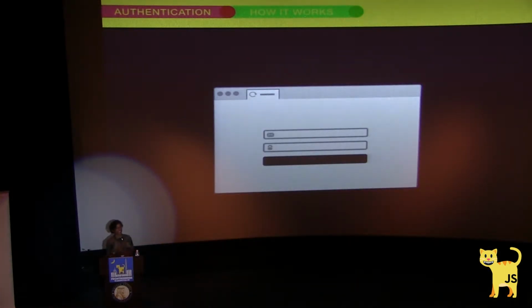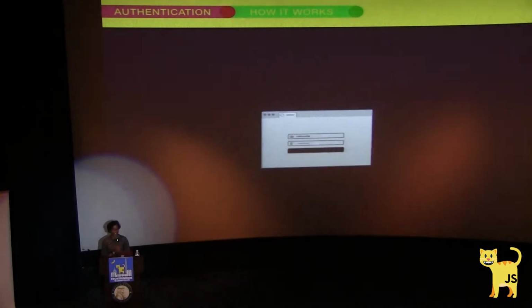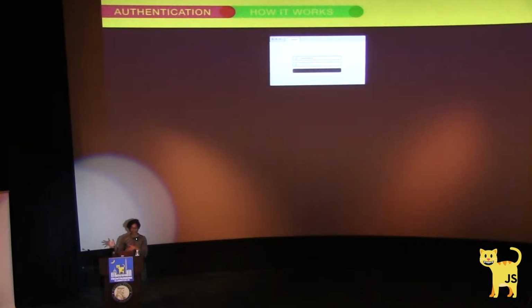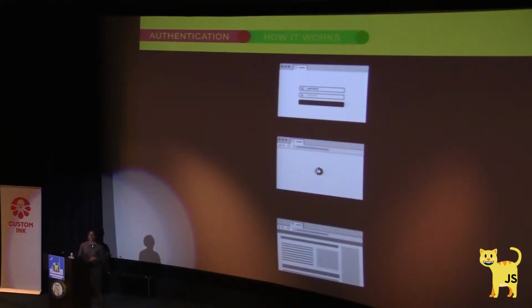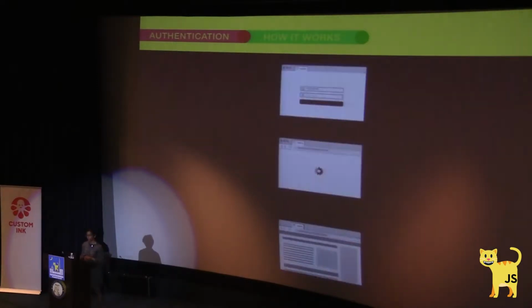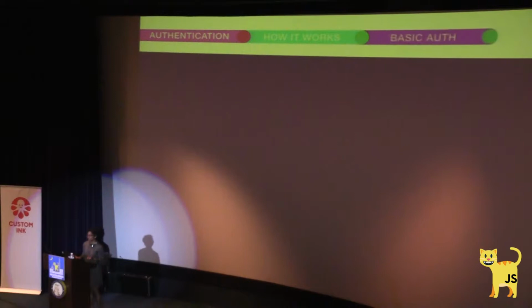And so most of us have come across authentication through a login page. It's the most simple, basic form of it, where there's a username and a password. I showed you this earlier. You sign in, you go through the auth workflow, where you see a loading page, maybe, and then eventually you get pushed to a dashboard or an account page, a profile, and so on, with unique information as to your account. And under the hood, what's actually happening is, I'm going to talk about basic auth first.